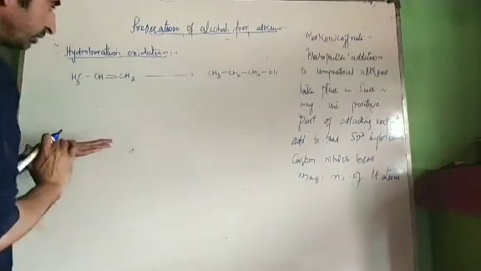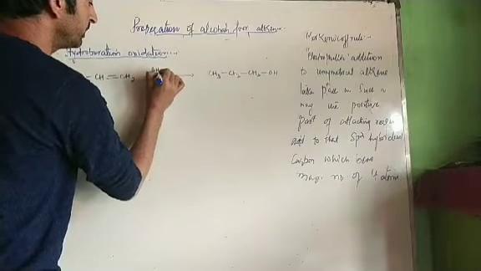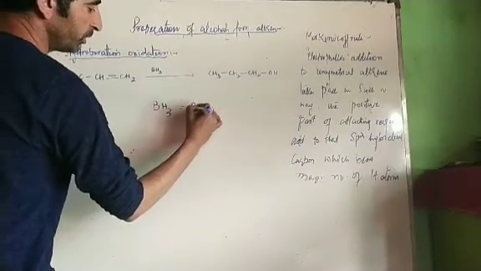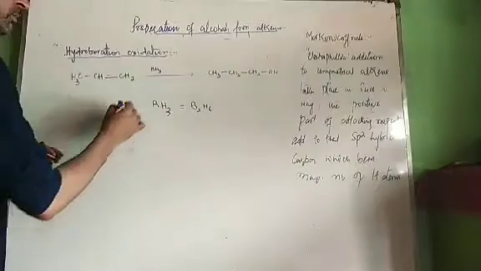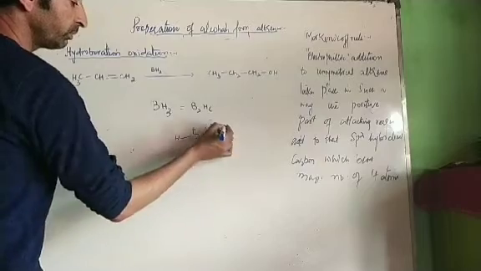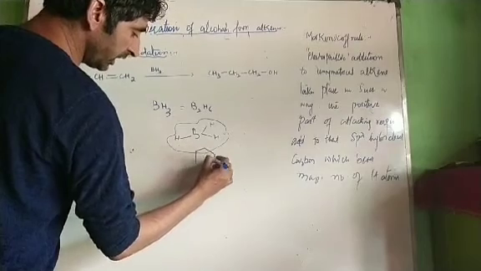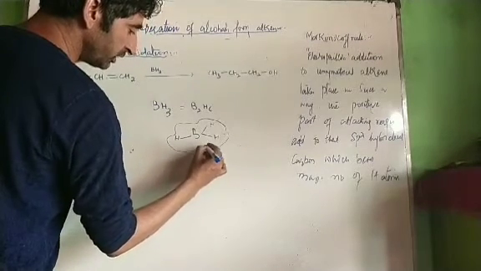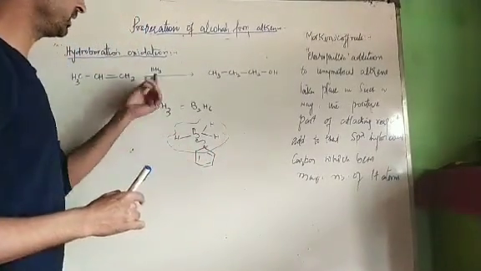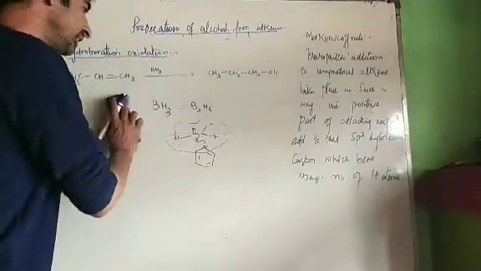As the name suggests, hydroboration oxidation is carried out in the presence of BH3. BH3 as such does not exist. It exists in the form of a dimer called diborane, B2H6. BH3 is an electron deficient species. It has only 6 electrons. Therefore, usually when we carry out a reaction with BH3, we stabilize it with pyridine or any other base. This pyridine donates a lone pair of electrons and stabilizes it. You may have pyridine in this reaction as well. Pyridine always stabilizes BH3 and otherwise has nothing to do.